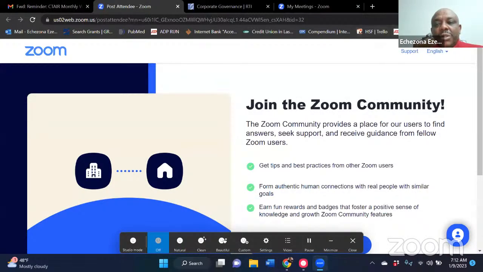So what I'm going to do is share my screen. First of all, I'm going to assume that nobody here knows how to do this. So forgive me if this is very rudimentary to you, but for the people who are joining us for the first time, I want to carry them along. So when I share my screen, you are going to be able to see the part of the grant that we are